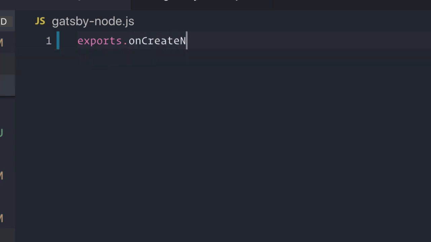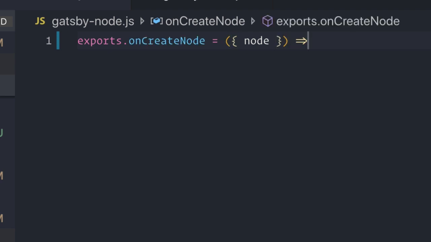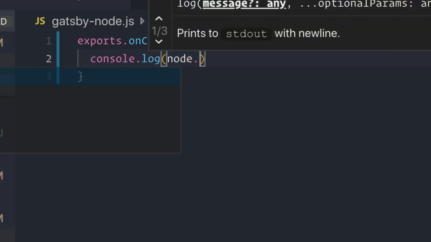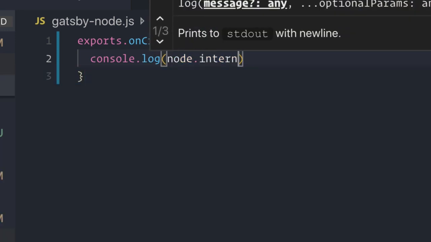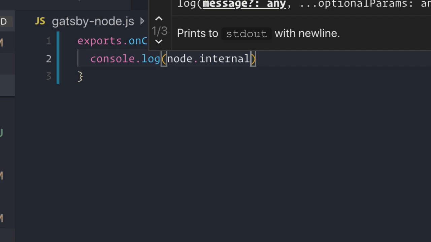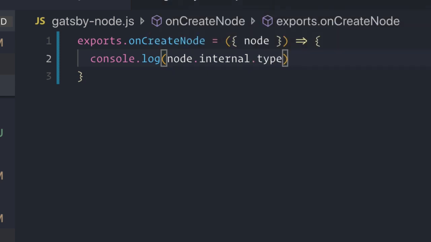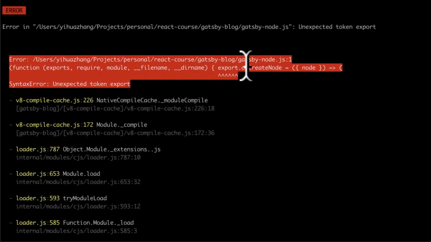exports.onCreateNode. So Gatsby is expecting that if you export this method onCreateNode, it is equal to a function, and they're going to pass this function a bunch of properties, one of them being the node itself whenever it's creating the node. Now, as you remember when we did our GraphQL query for our files, each file had a node, which was a representation of that file. So what we're going to do is simply console.log that node object. There's a property on there called internal, which just represents data about the actual node itself, and we want the type. So now, if we refresh our server,